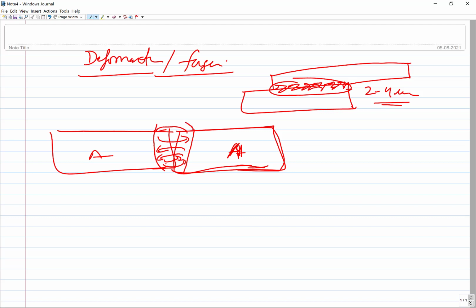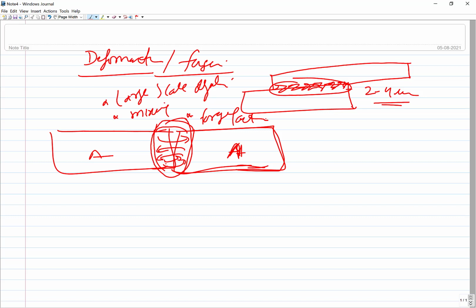So mixing and large scale deformation, there are two things: large scale deformation and proper mixing, and you can say the forging, because of the forging action. So these are three things in the case of large deformation based joining processes which are needed for a defect free